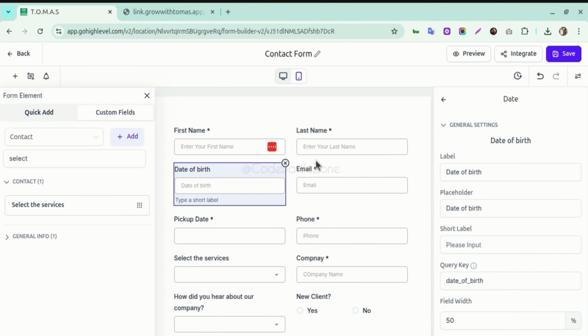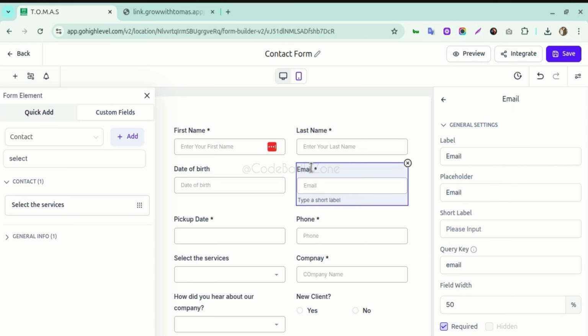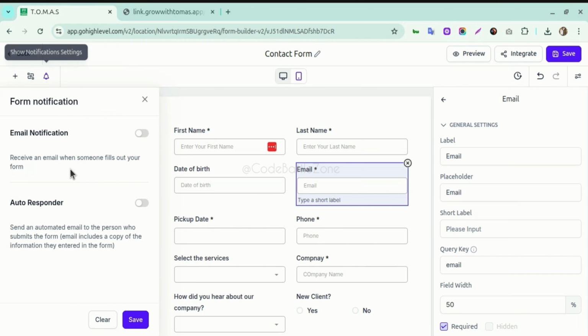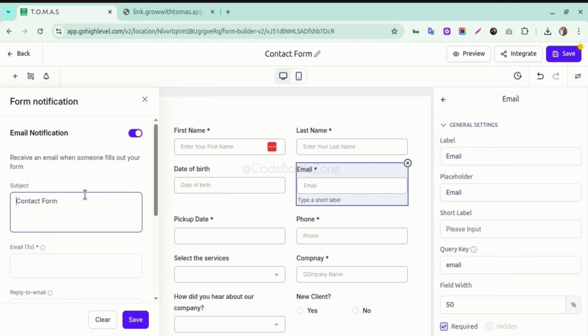Now I'll show you how you can set up a notification. So you can see the notification icon here. Here you can set up your notification, form notification. You just need to enable this one, email notification, then you will get the option to set up everything like here